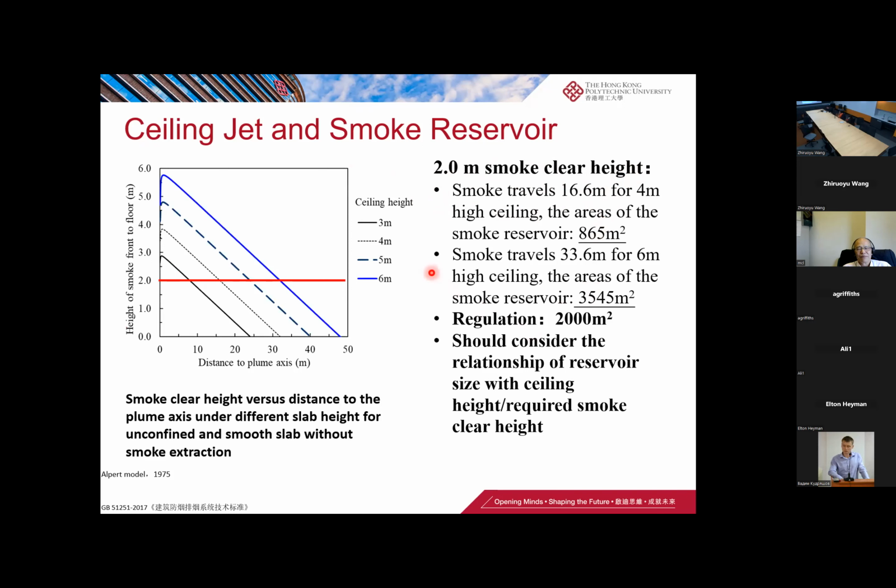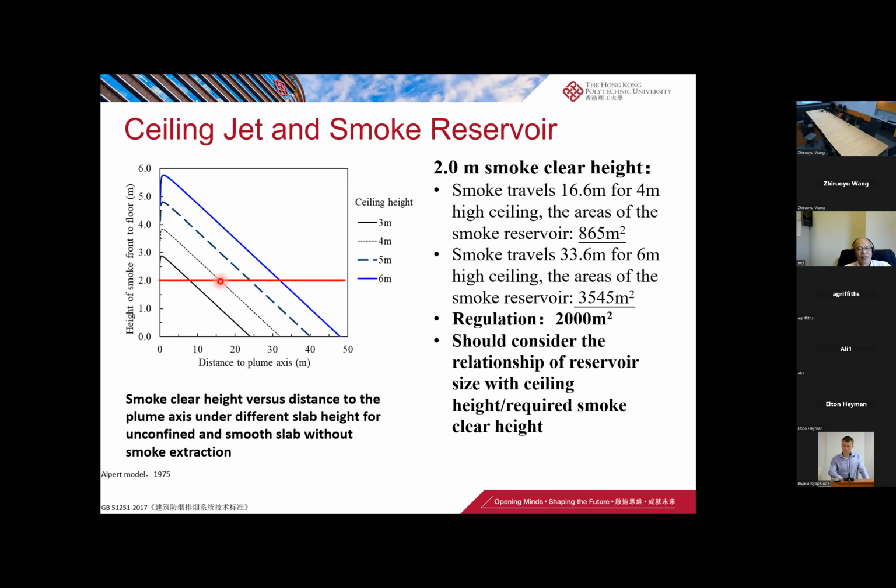Here we assume we require a 2-meter smoke clean height. Here is a different ceiling height. What we try to say here is for a 4-meter ceiling height, if we require a 2-meter smoke clean height